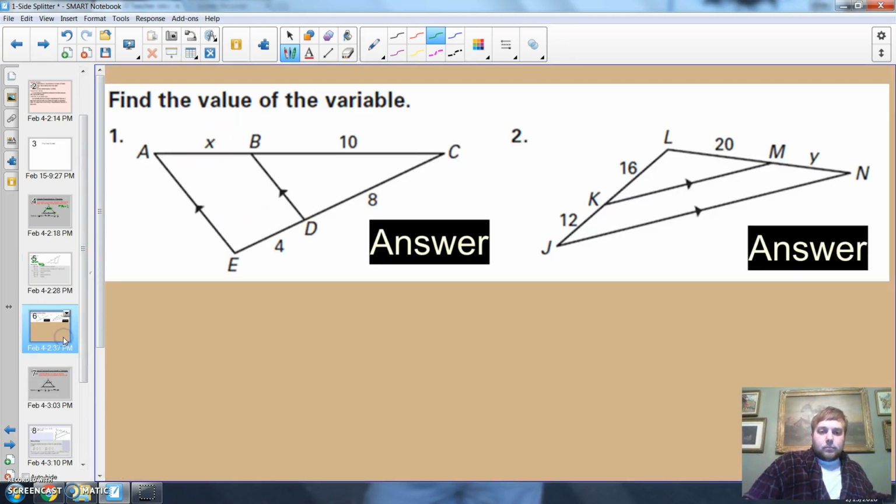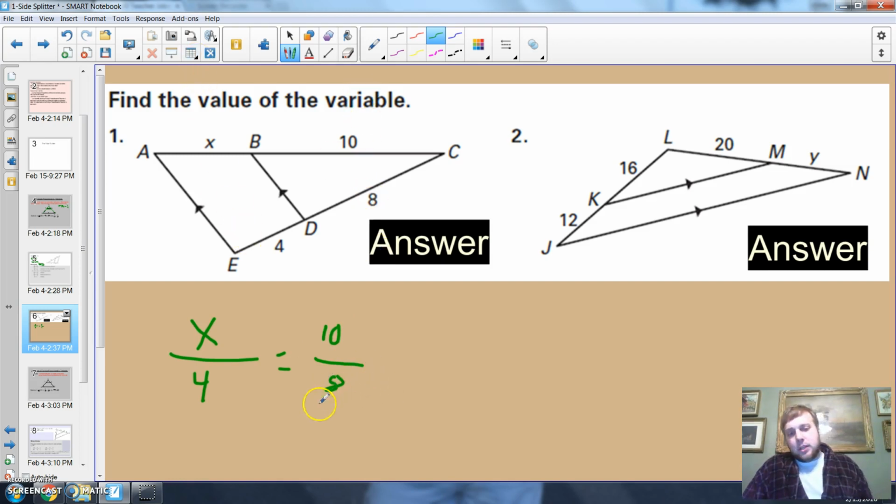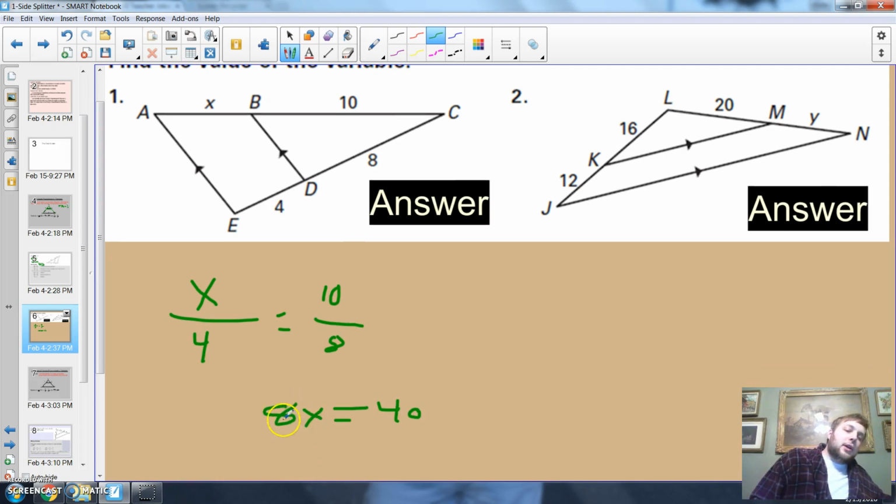Alright, moving on. Find the values of the variables here. Let's do a couple extra. Let's say X over 4 is going to be the same as 10 over 8. I'm going to set a proportion. Notice how I started on the top, went to the bottom, started on the top, went to the bottom. If I cross multiply, I'm going to have 8x equals 40. We're getting old enough where we should know how to solve from here. 8x equals 40, it means you divide by 8. Those cancel out, and my answer is